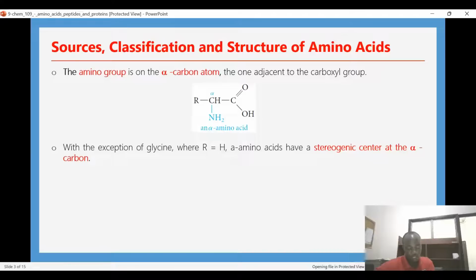You cannot call it stereogenic center. Then the next thing: all amino acids except glycine are optically active. So when we say a molecule is optically active,